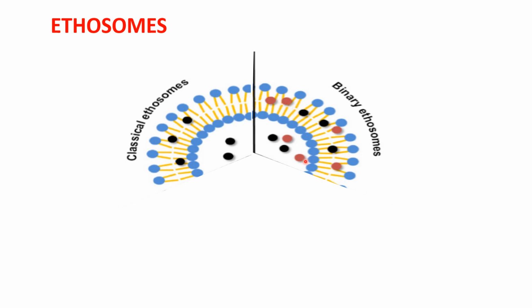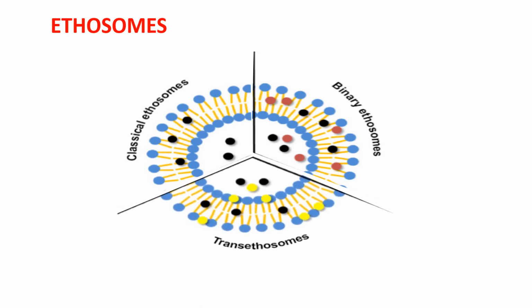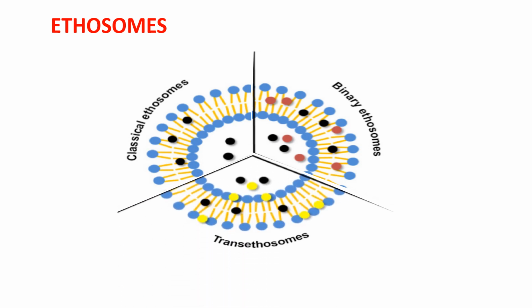Now these red colored dots indicate another alcohol. So this black color is not a drug, it is ethanol. Here, black color is ethanol and red color is another type of alcohol, like isopropyl alcohol or propylene glycol, like that. One more way is formulation of transethosome, wherein there are certain surfactants in this lipid